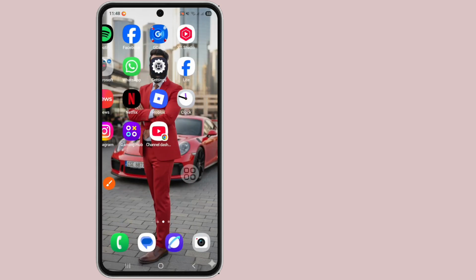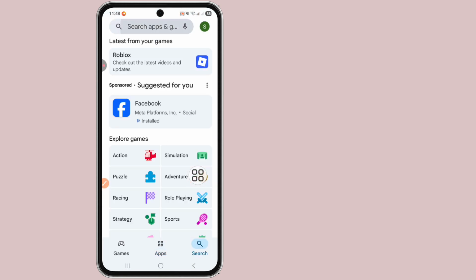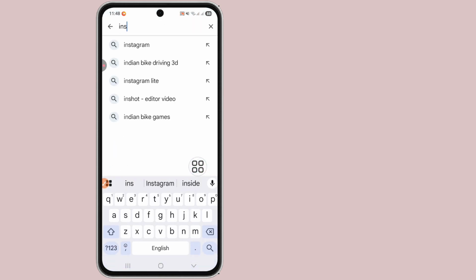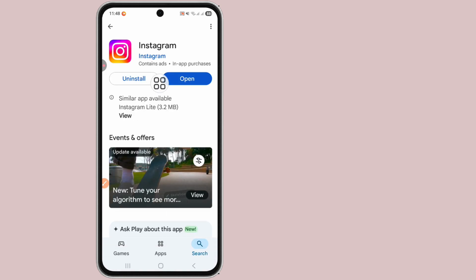First, open your Google Play Store and search for the Instagram app and check for updates for your Instagram app. My Instagram app is already updated. Okay, go back